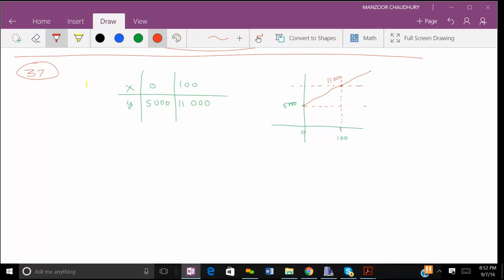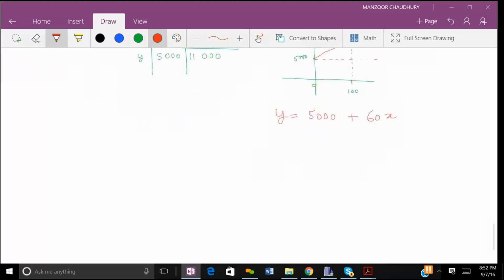So yeah, that is the picture, right? It will be y equals to, because we know the y-intercept, so y will be equal to 5,000. That's the y-intercept plus the slope. Slope is plus 60x. Okay? Slope is 60x. So yeah, that's how it should be, right? Yep. All right, and so for B,